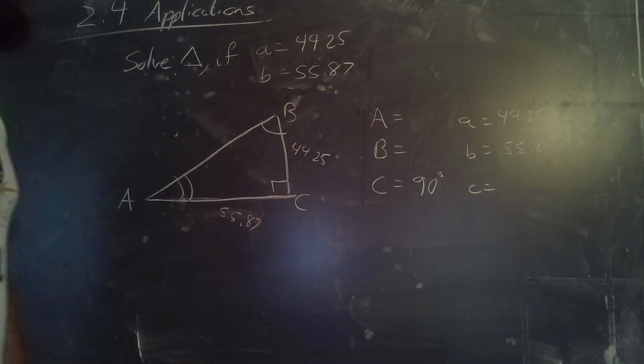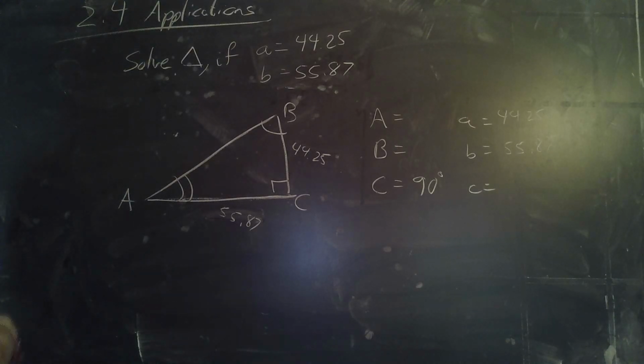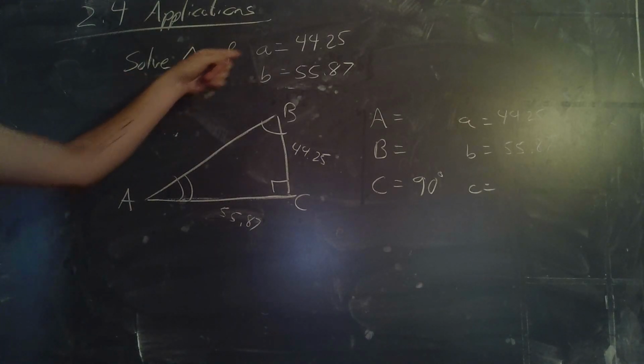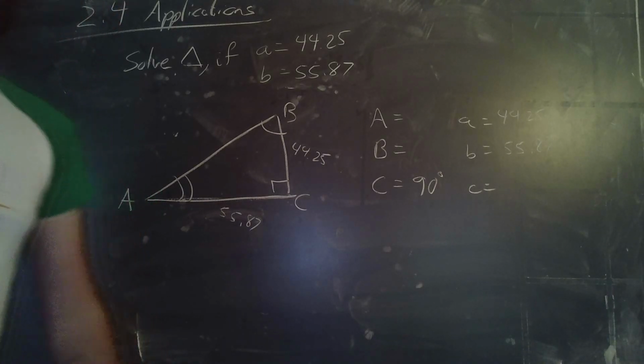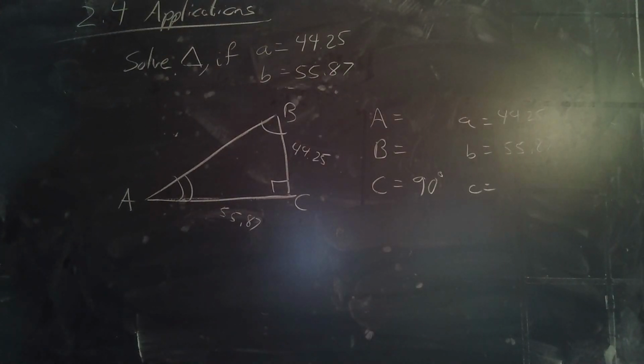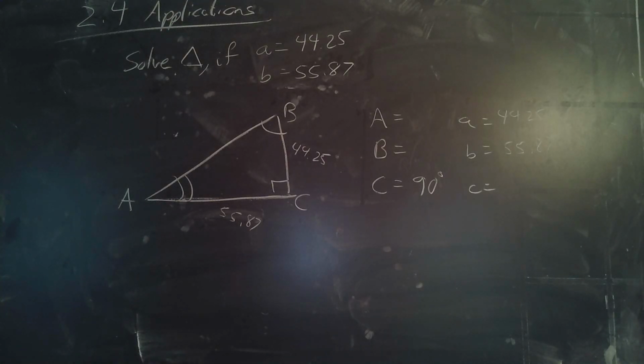So I've cleaned up the board and put a second example up. Here we are asked to solve a triangle given 2 sides as opposed to 1 angle and 1 side. Now notice here that we have no idea in what way to figure out what capital A and capital B are from the beginning. What we want to remember is that any right triangle can be solved with an application